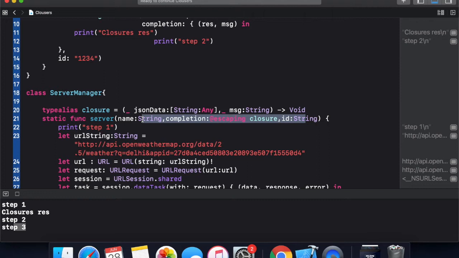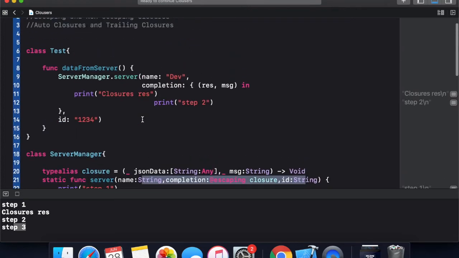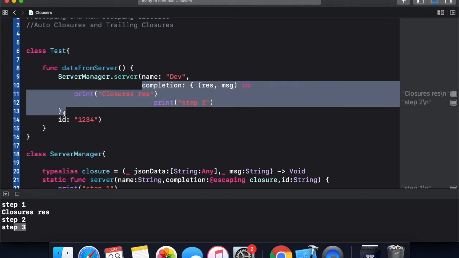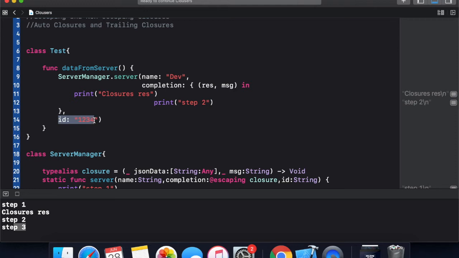In order to make this closure a trailing closure, I need to make some changes. But first, let's have a look at how we handle a callback for a non-trailing closure. Here is my name argument, here is my completion argument where I get the result, and here is my id argument.